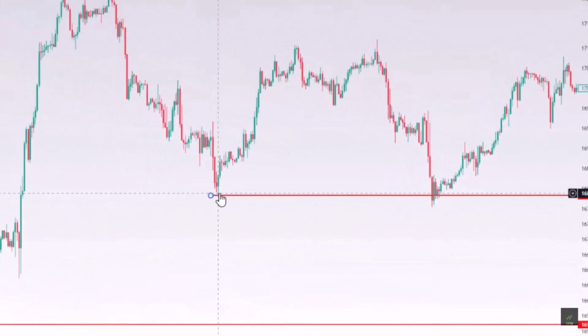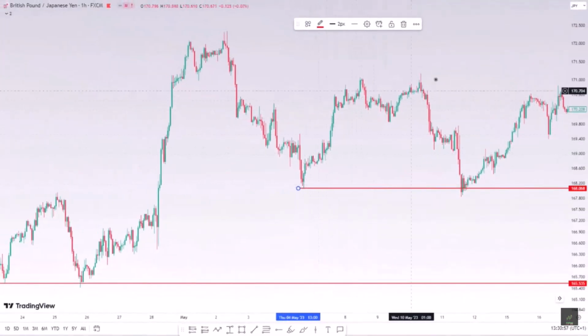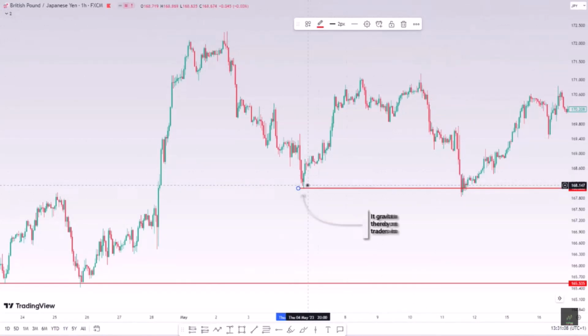Initially, when this low was created, the market continued to go higher. But the market can no longer continue moving higher since there isn't enough liquidity. Hence, it gravitated back towards this low, thereby creating anxiety in traders who took positions at this level. Definitely, what are they now going to do?